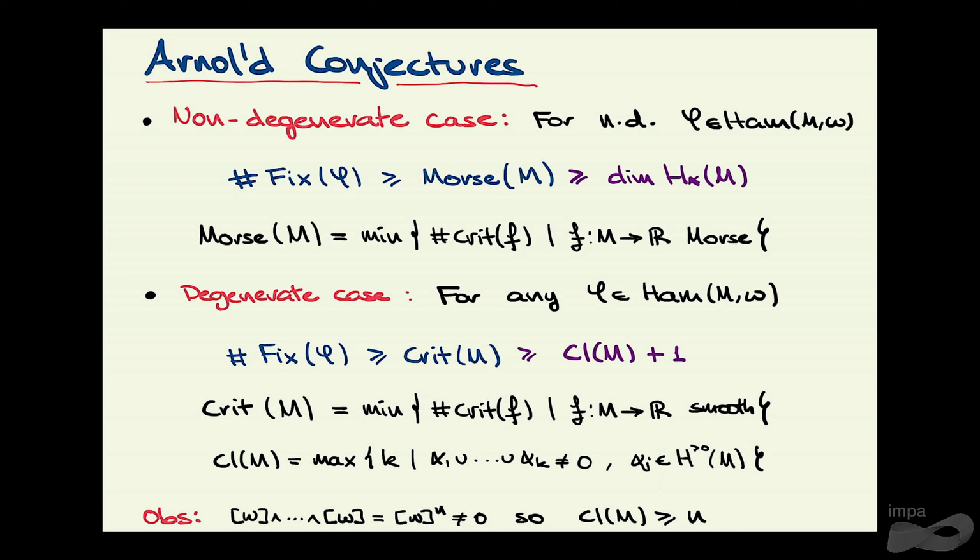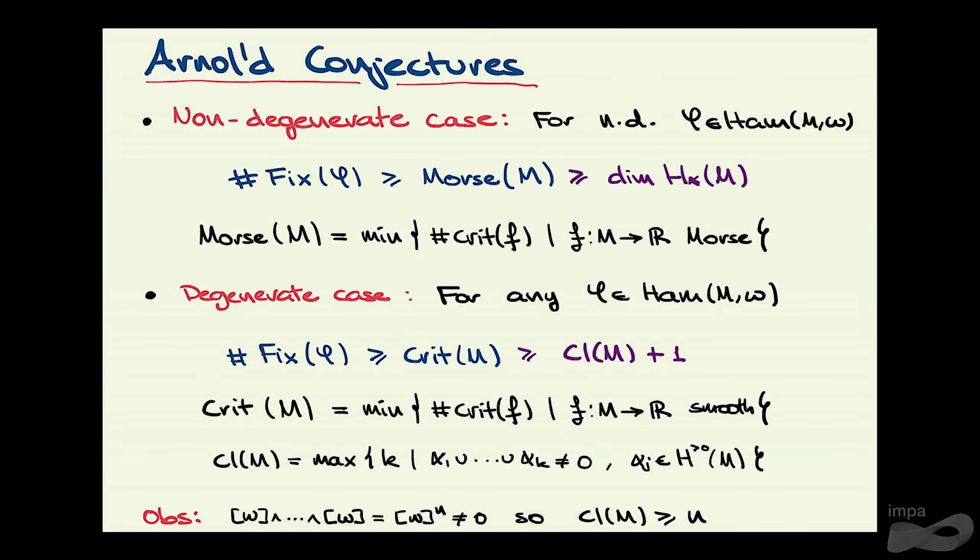In the case of a symplectic manifold, because the manifold is closed, we know that taking the wedge product of ω n times with itself gives you a volume form, so it's non-trivial. So the cup length is at least n, where n is half the dimension of the symplectic manifold. And in this case, even knowing this lower bound, it's open in plenty of cases. It's just known for aspherical manifolds. And in fact, even Floer believes that it might not be true in full generality, let alone this inequality here.